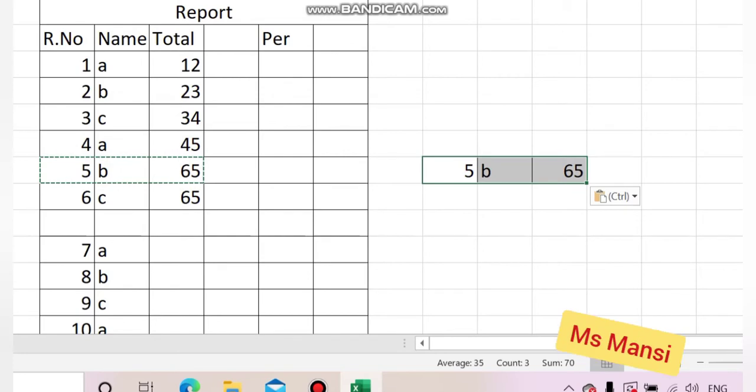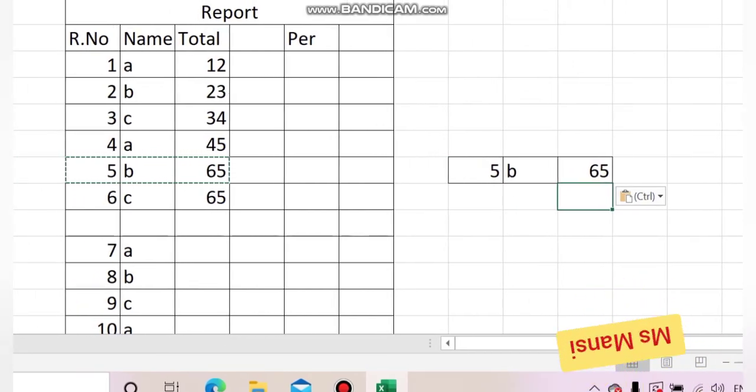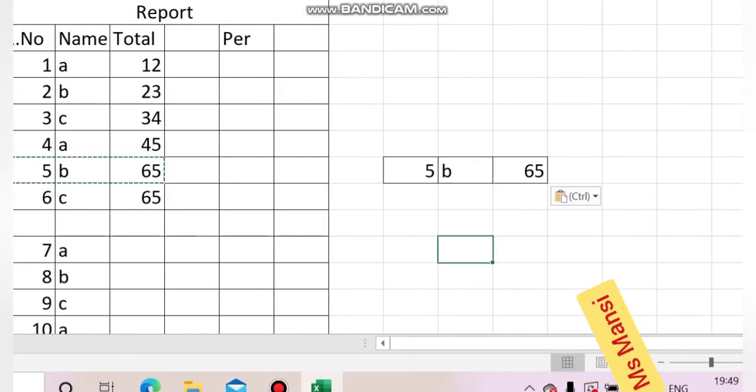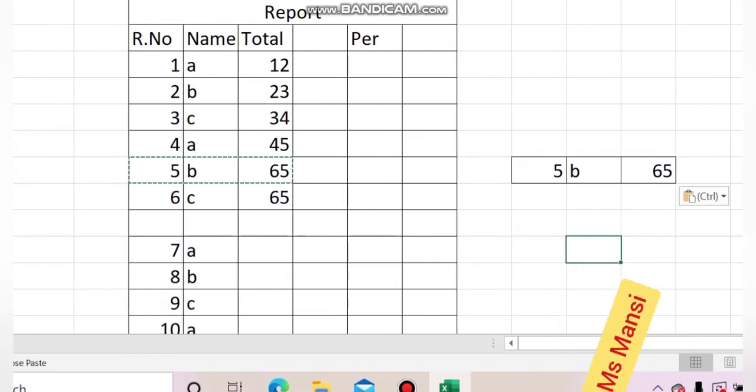Next is, the shortcut key of cut is Control plus X, copy is Control plus C, and paste is Control plus V. Next is cut and paste. Copy and paste, copy and move means your duplicate copy will be created. And if you use cut and paste, your data will be removed from the first location and pasted into the new location.